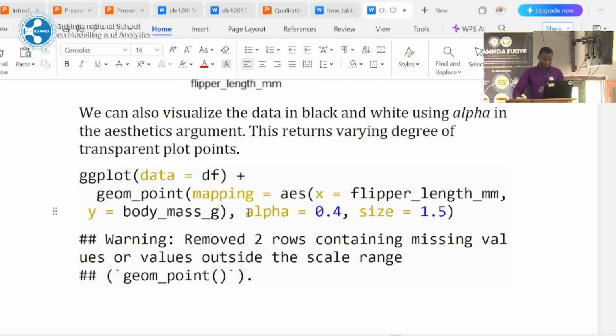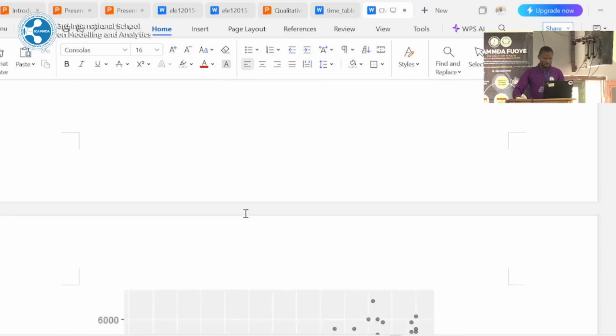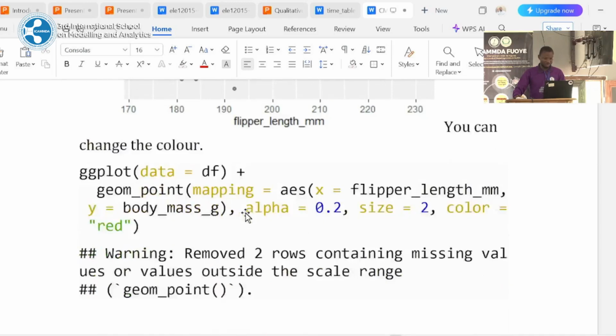So that's what the alpha does. It helps us to vary the degree of transparency of the plot points. That's just what it does. Alpha. Can we continue now? Please, we have to be fast. We still have a long way to go. Right? So now,